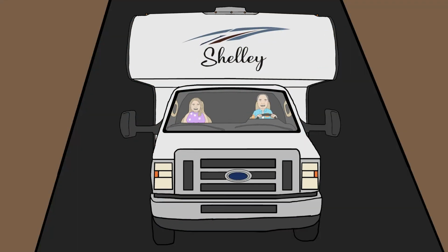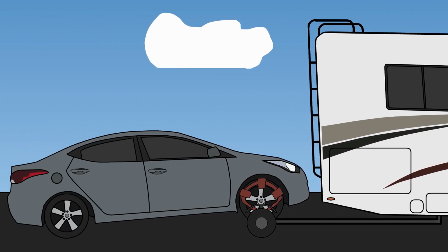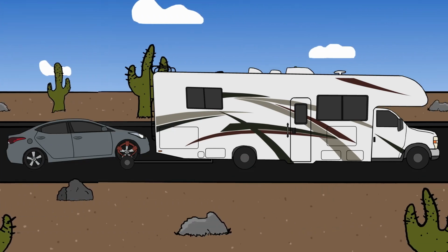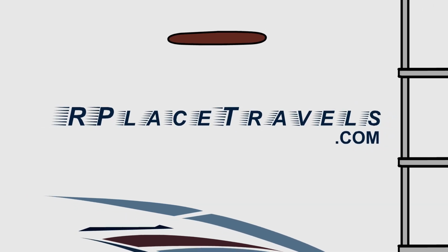Just an itty bitty ditty about a couple on the road, driving in Harvey, pulling a toad. No place special to roam, not looking for a home. Won't you come along with us? We are